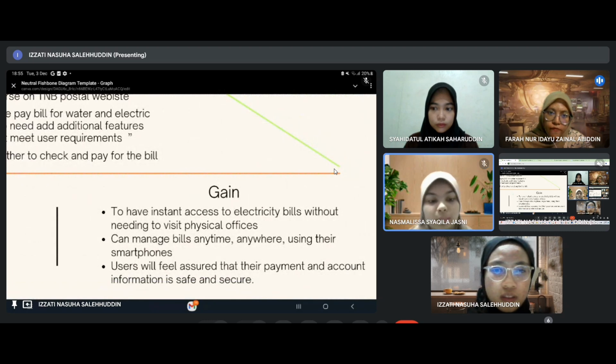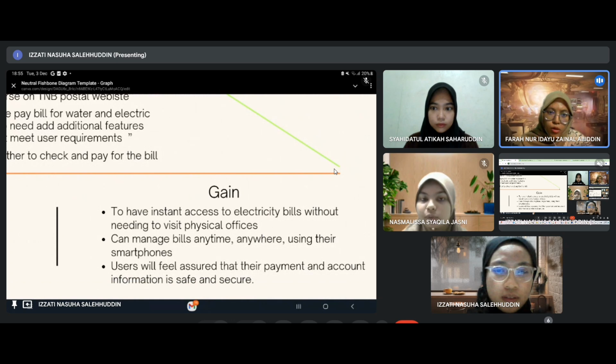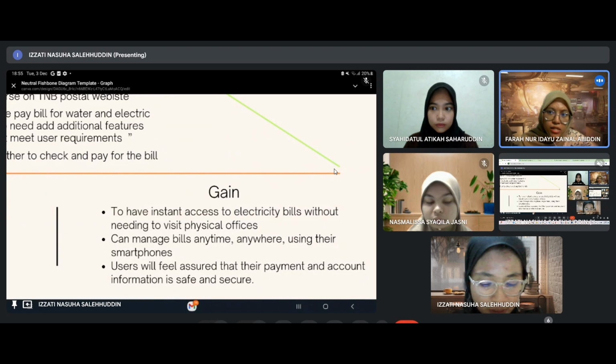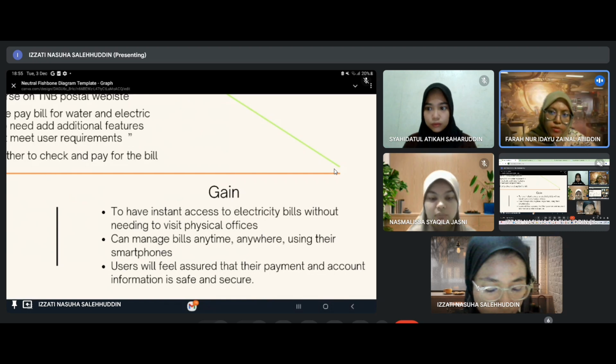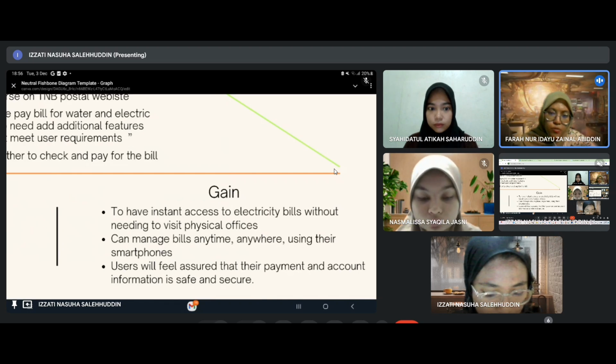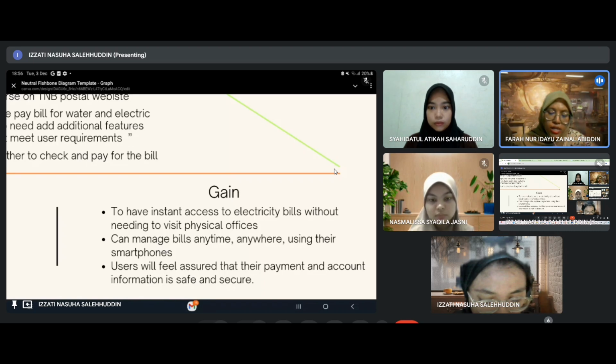The last section in the empathy map is gain, which we also call goal. The first point is to have instant access to the electricity bill without needing to visit a physical office. Residents will benefit from having immediate access to their utility bill information on a single platform without needing to physically visit multiple offices or log in to separate websites. The next point is being able to manage bills anytime, anywhere using their smartphone. By enabling bill payment through smartphones, residents can pay bills at any time from anywhere, whether at home, during travel, or in an emergency.